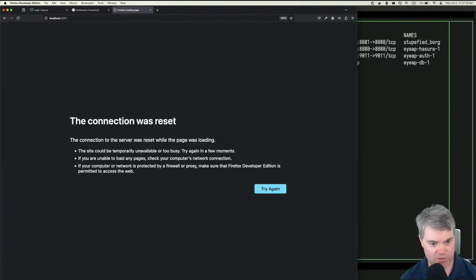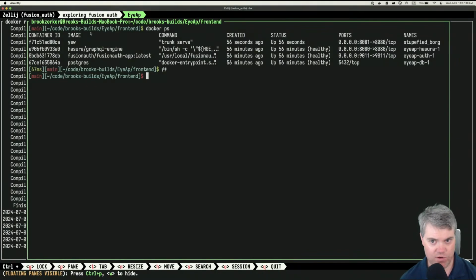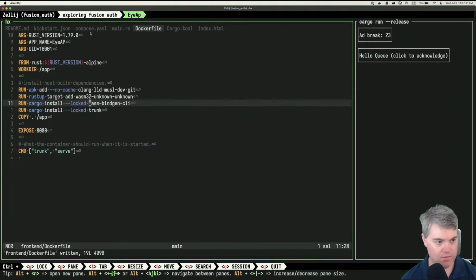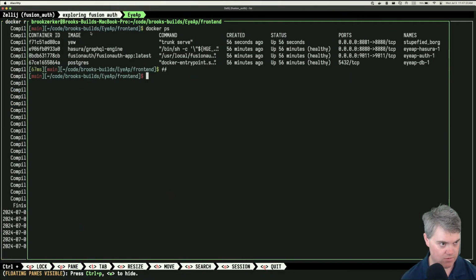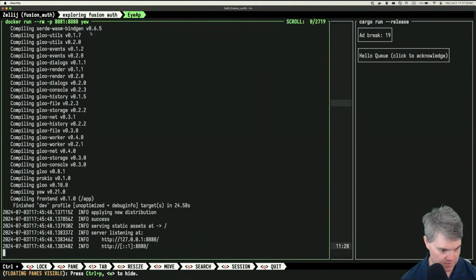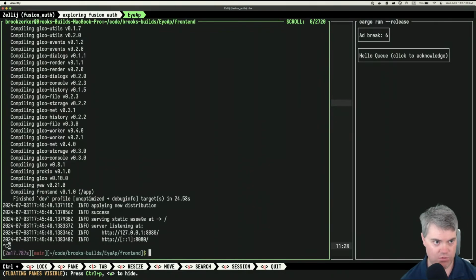Connection to the server is reset while the page was loading. Do I not want this to be port 8081, but something else instead? Yeah, and the port. Oh, it's listening at... okay, I have to have it listen at 0.0.0.0. Okay, so